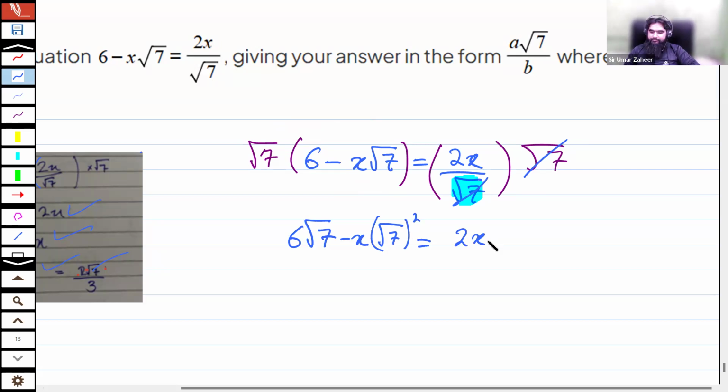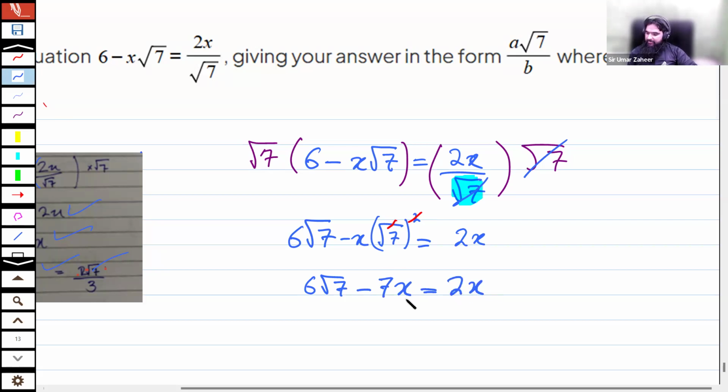Yes, any question? Yes, Tuba, Zibel, is it clear? Yes, sir. Now the square and square root will be cancelled out. I'm going to get 6 square root of 7 minus 7 into x, it will be 7x, is equal to